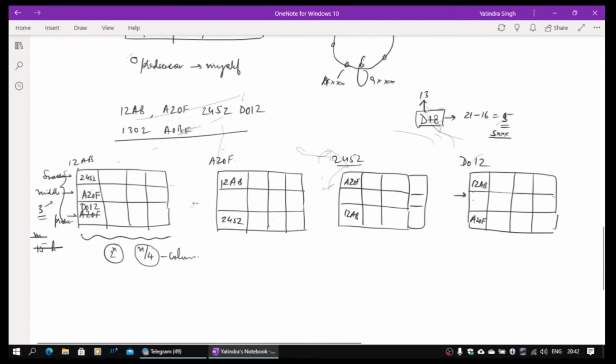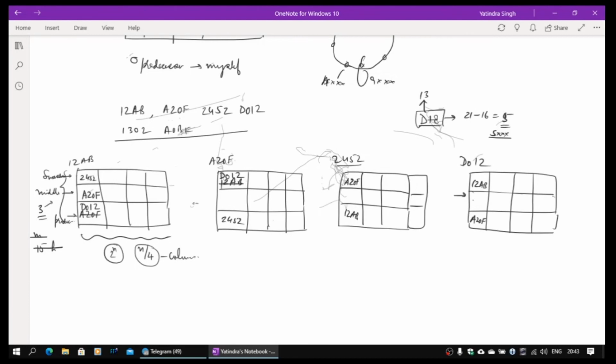So A205, let's see what it will do. A205 will come to know of D, and it will now replace 12AB by D012. So A is 10, 10 plus 8 is 18. So 12AB will not be used as the entry here. And 2452 again, 8 plus 2, 10. So the next entry is A2, D will not be there. So D will be the next successor, but 8 plus 2 is 10, which actually belongs to this only. So there is no middle entry being put. So this is the entry which will be maintained.